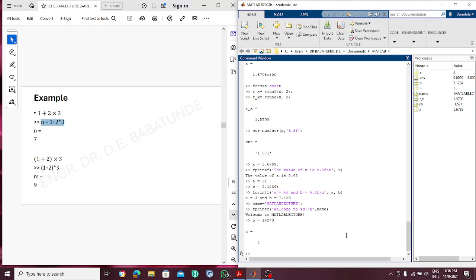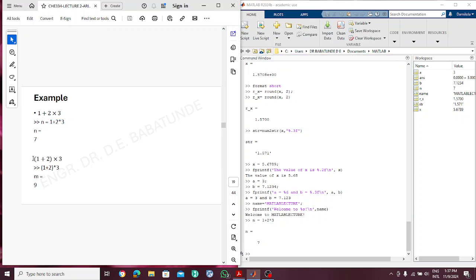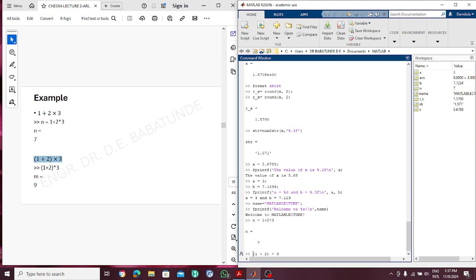So what is in the parentheses will get computed first before it moves to the multiplication operator. So if we introduce the multiplication operator to enclose 1 plus 2, then the outcome is going to be different because the order has been changed. So let's say this is a variable m. So if we try that, then